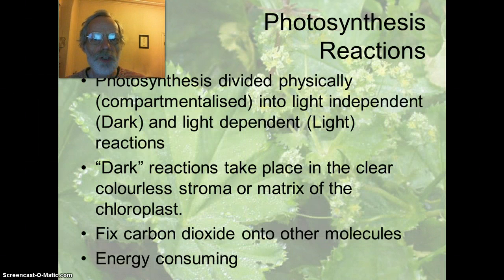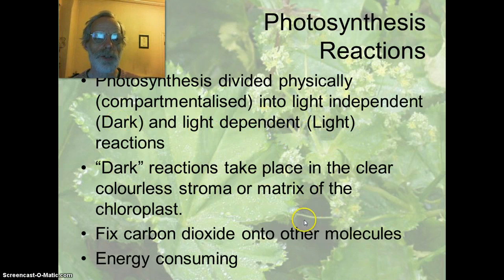That process is called photosynthesis, synthesis or making using light. It's divided physically by the compartments in the chloroplast into light independent reactions, so-called dark reactions, and light dependent reactions,